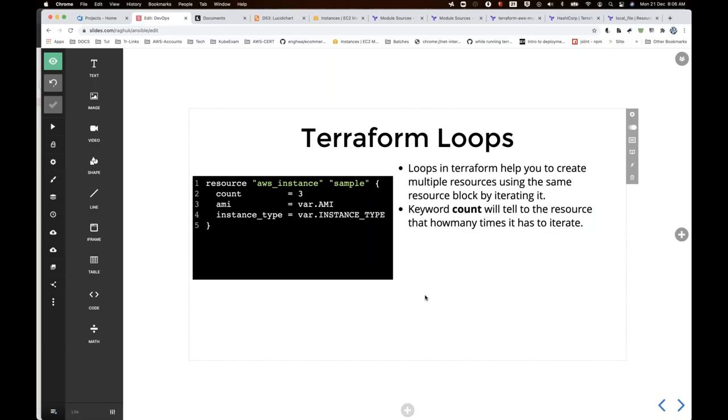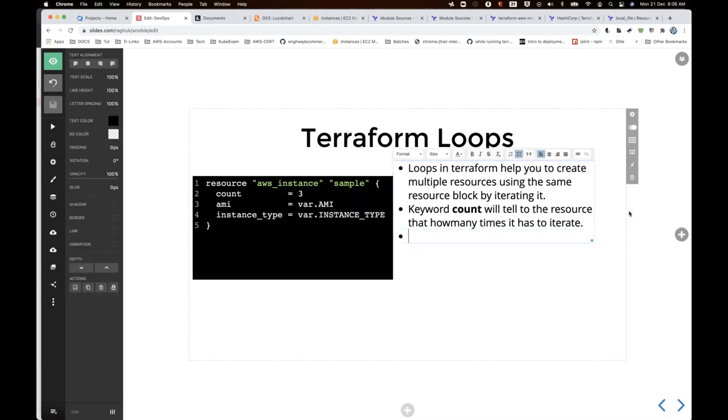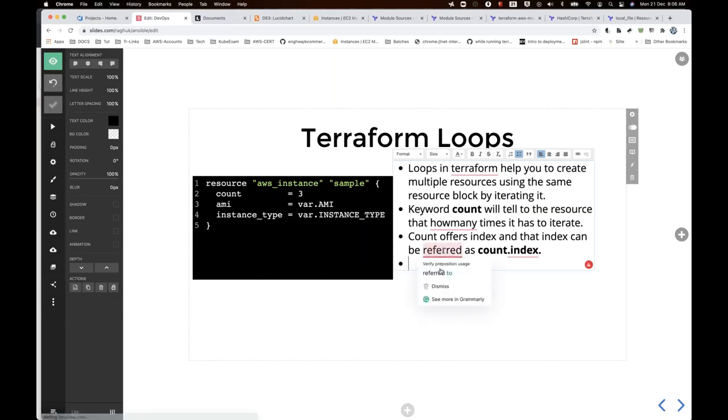Okay, so count offers an index, and that index can be referred to as count.index. All right, so what this means is